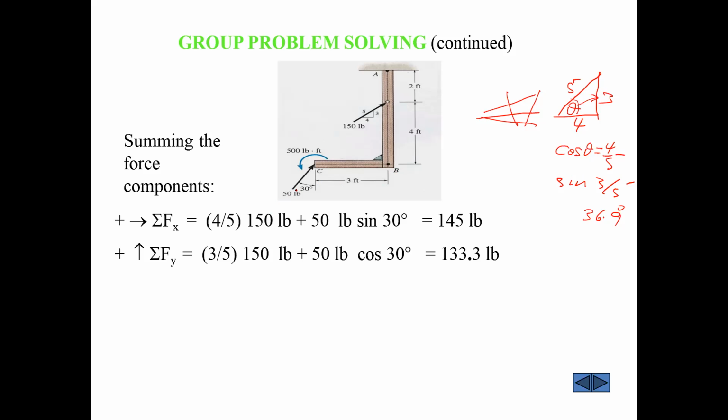Now, the two components of those forces we need to find: one in the x, one in the y. Likewise this one. This one is easier because it gives you an angle. So let's do the 150 first. It's going to be 150 cos, and it is positive, because that's 4/5, for the x component. For the y,